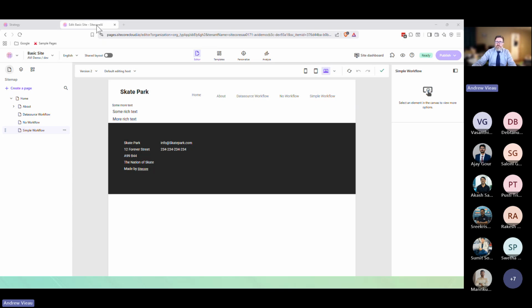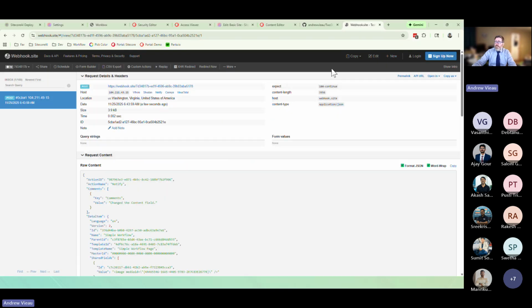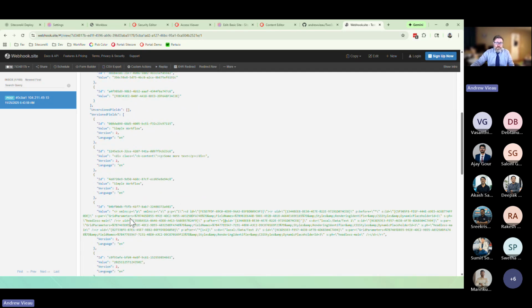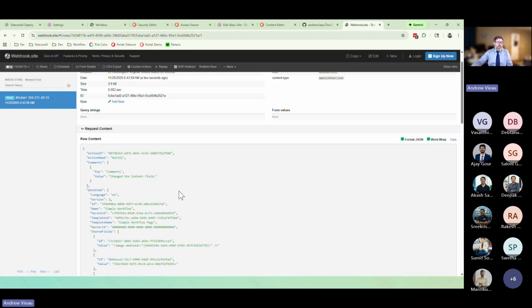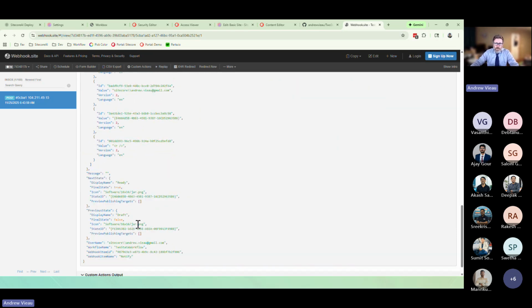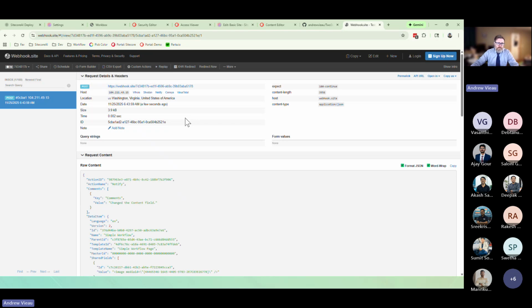And now if I look at that webhook, we can see that that webhook was executed, and this is the information that Sitecore is sending. So the name of the action, we can see the comments, changed the content field, and then some other information about the item itself. So if I were setting up that notification, I know that this is the type of data that I can use, and I can decide how we're going to use that information on the notification email. So typically this is used if you want to let your QA team know that there are items awaiting approval,